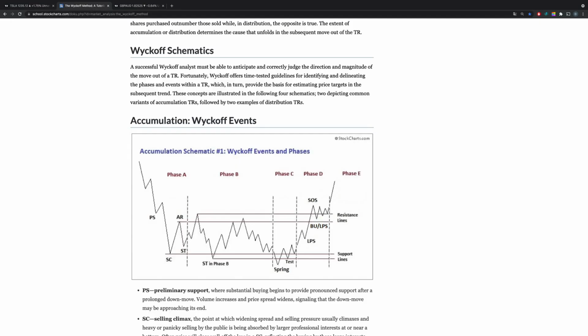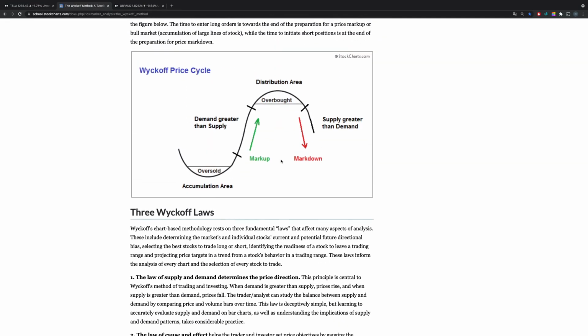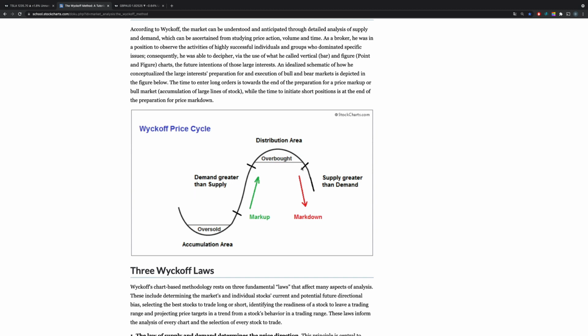So let me just show it to you here. This is what the market did. It's this thing over here. It's oversold. This is what a price entering an accumulation area or accumulation zone looks like. Then price starts that strong markup phase. Afterwards, it will be overbought, so the price is too high. Investors are not interested in joining the market anymore, so the price will then drop to the downside because supply is greater than demand. Boom, we have a markdown phase.